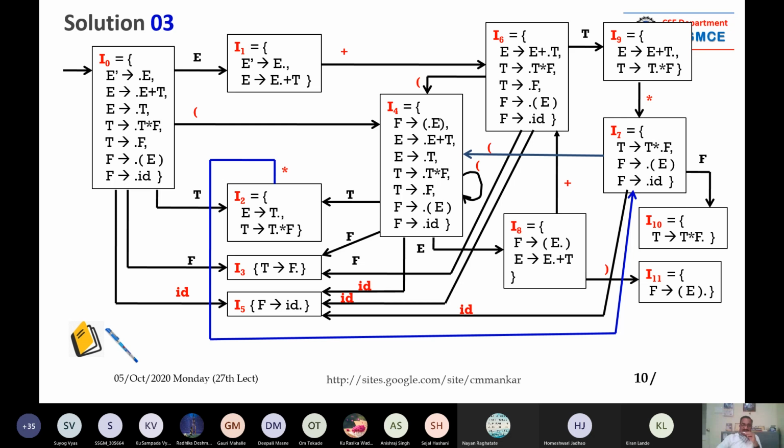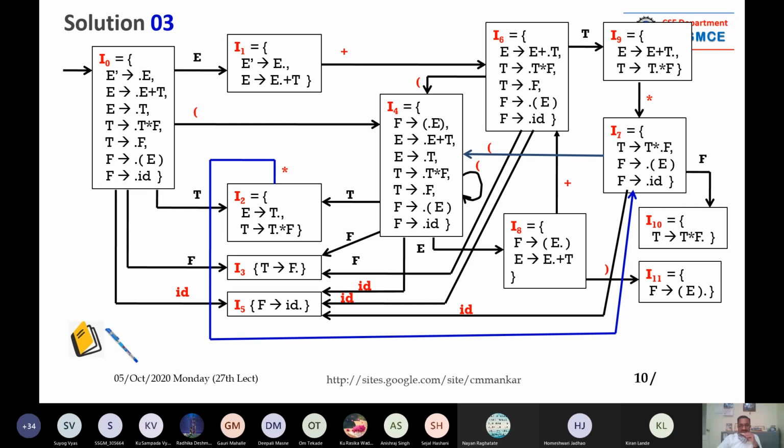And see here, I2, from I0, the first state. See, try to collect the items of T, where the dot is in front of T, right? So the third and fourth production rules are there, where the dot is in front of capital T. So if you take the transition, what will happen? The dot will get shifted one place ahead, right?